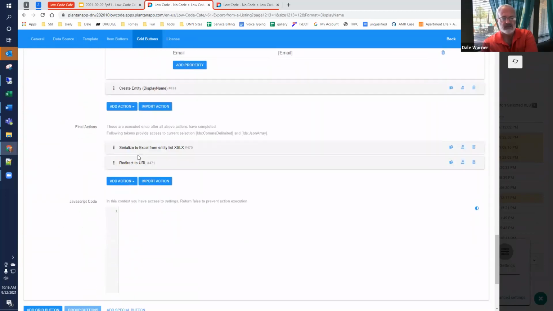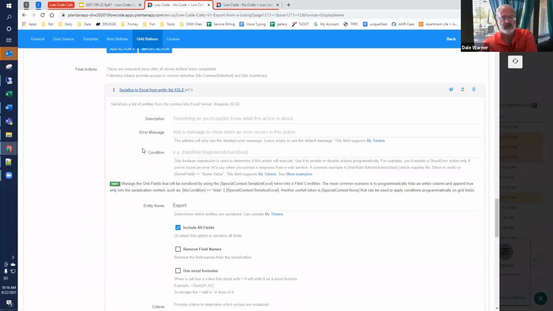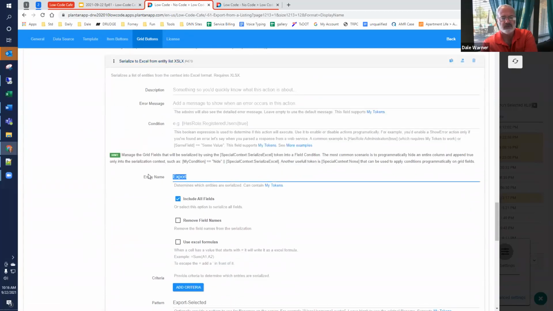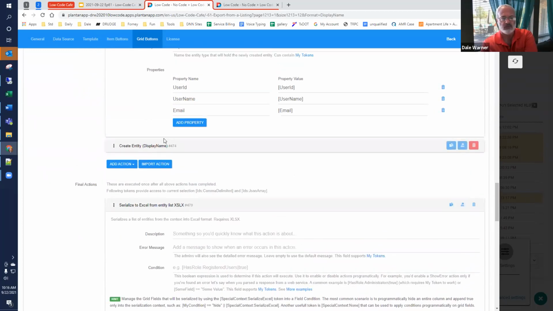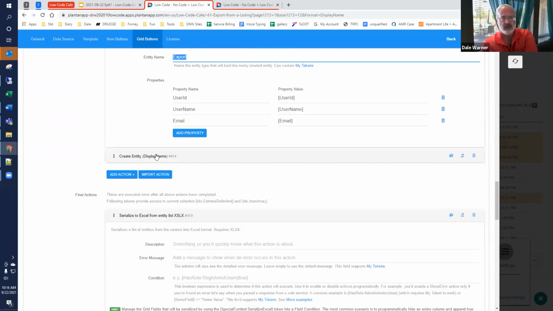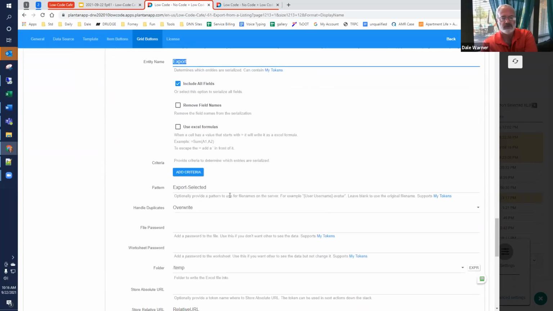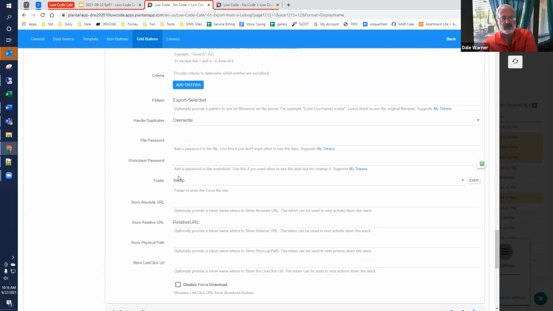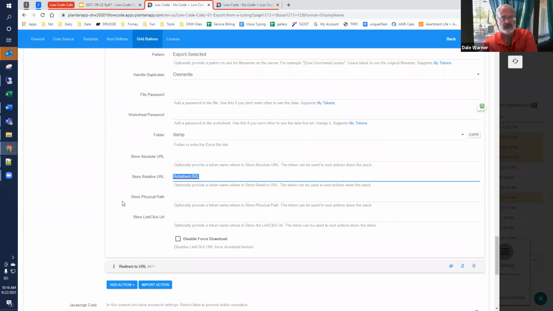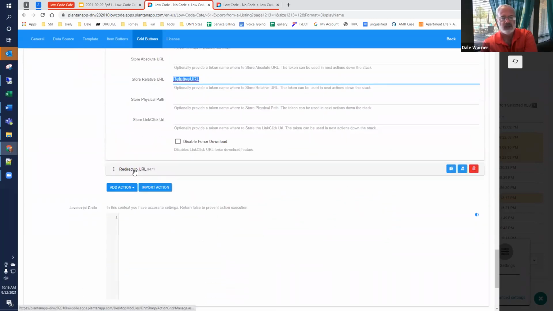Then ignore this one, it's conditional out. Then we do serialize to Excel, and the only difference here is that we say we're using the export entity name, the one that we named here, and we are including all the fields. Otherwise, the same setup that we used in the other ones that I've showed you,